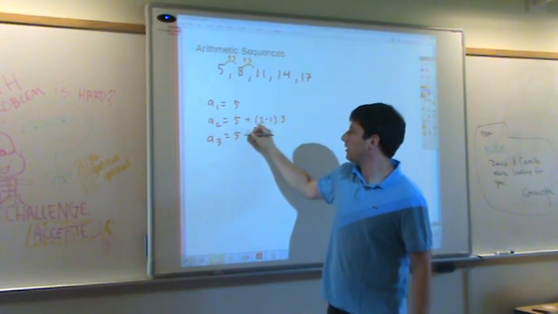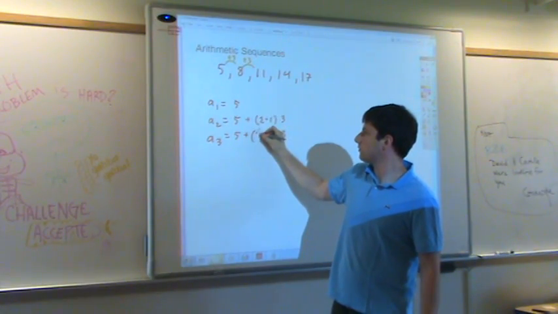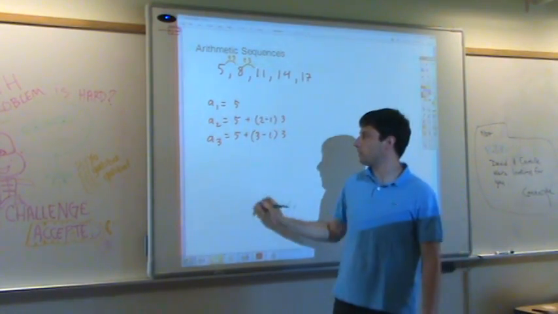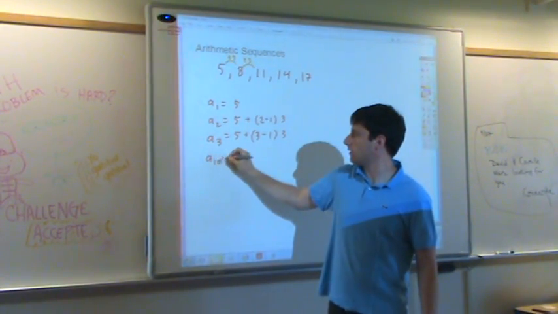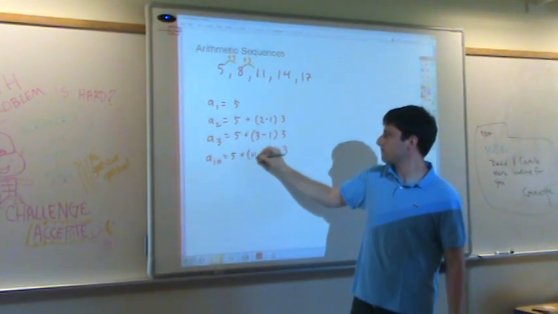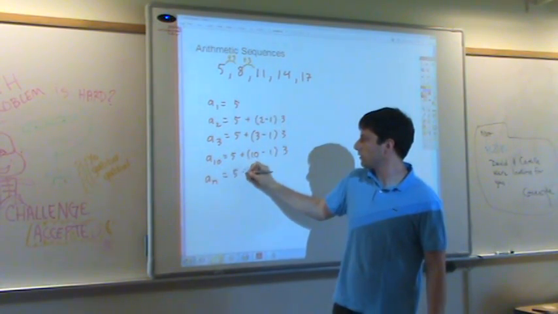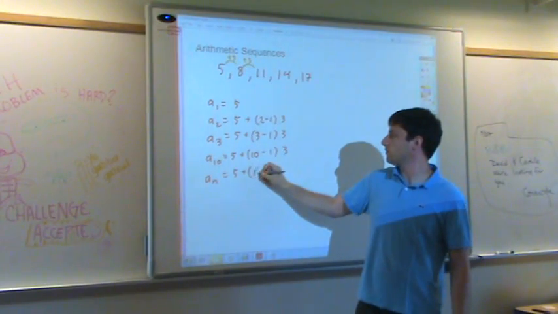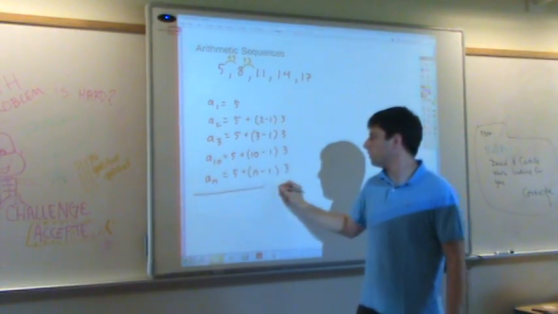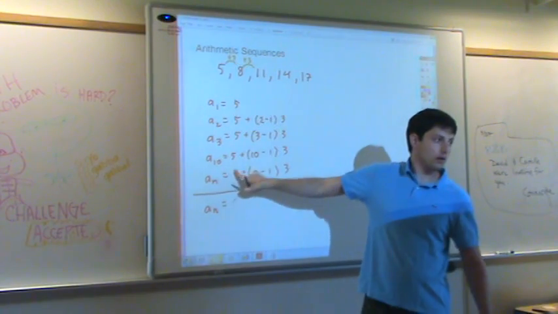A3 equals 5 plus how many 3's? 2. It's 1 less than 3. How about A10? 5 plus how many 3's? 10 minus 1. So AN would equal 5 plus n minus 1 3's. Okay? In general, we could generalize this to AN equals first term